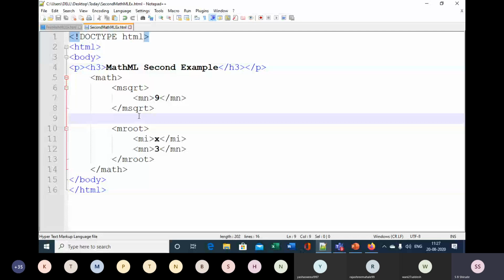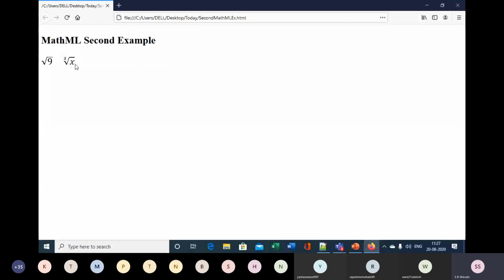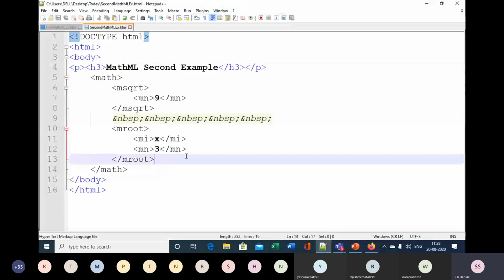That is possible by using the mroot element. Now next to that, I will demonstrate how we can make use of munderover, putting an accent under or on top of the expression.